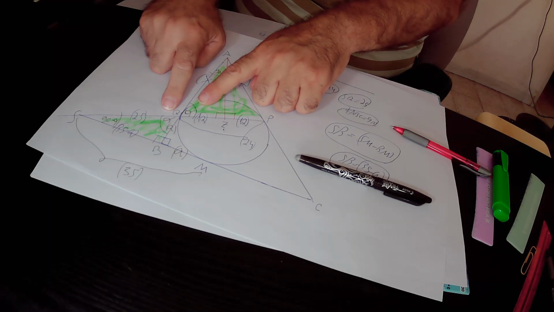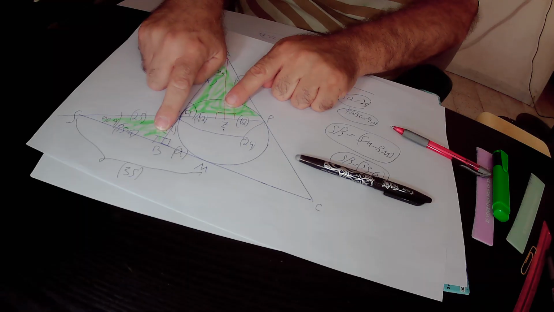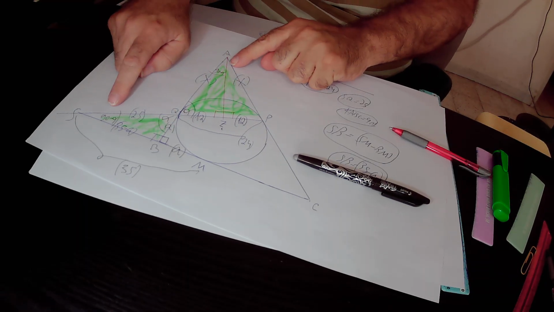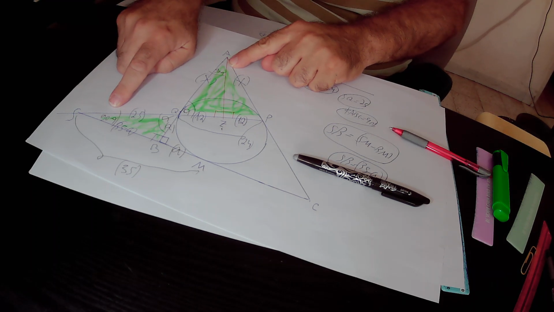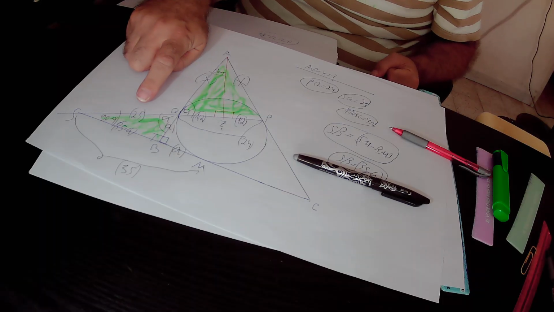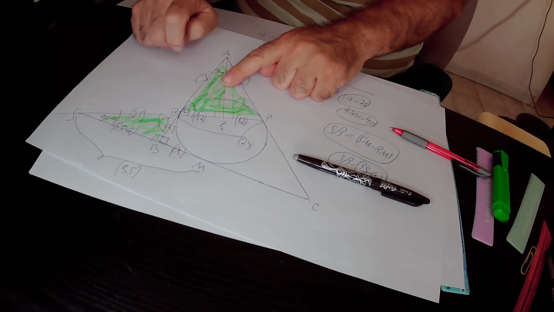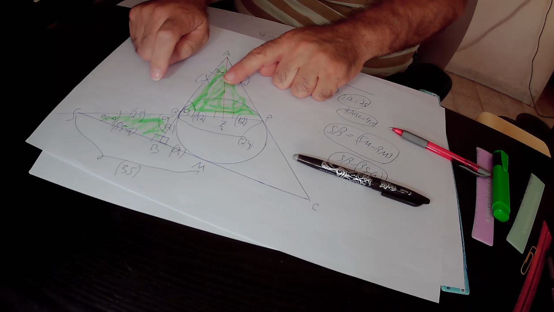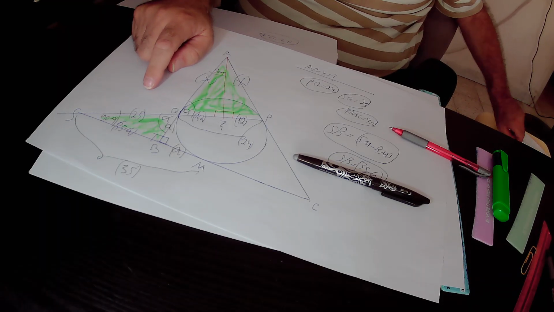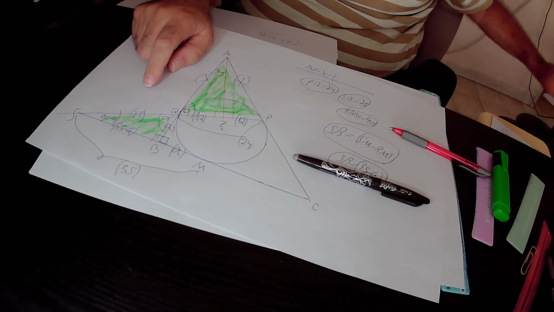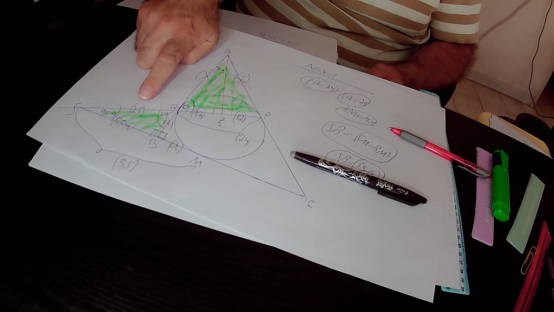First of all, those two angles are both equal to alpha, and therefore they are equal to each other. In addition, those two angles are both equal to 90 degrees, and therefore they are equal to each other. And finally, those two angles are both equal to 90 degrees minus alpha, and therefore they are equal to each other. So in total, we found out that all the angles of this right triangle SQB are correspondingly equal to all the angles of this right triangle AQZ, and therefore those two right triangles are similar to each other according to the angle similarity rule. So it is done, we found out that the right triangle SQB